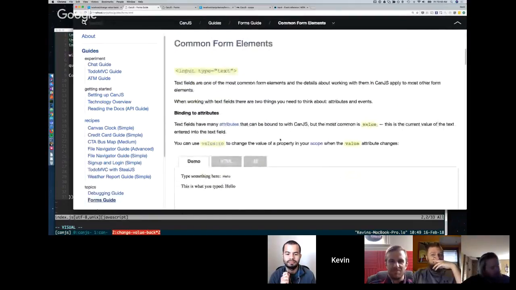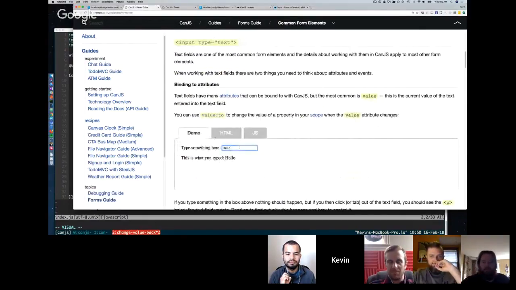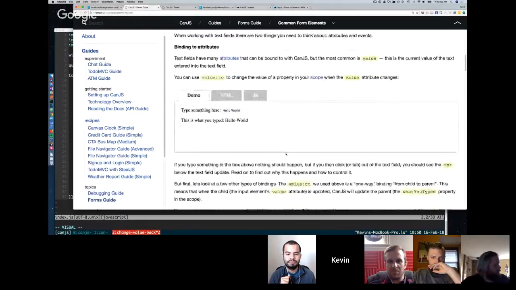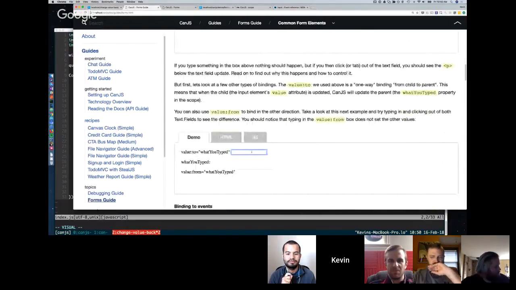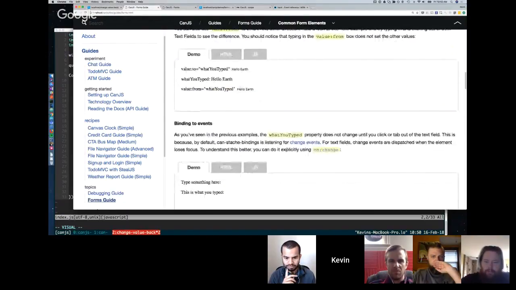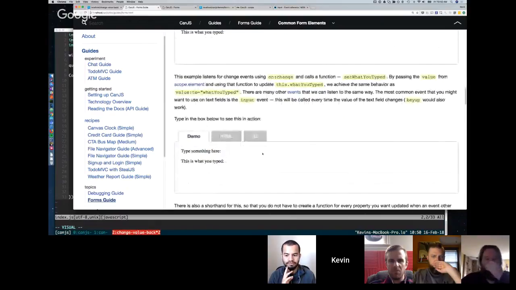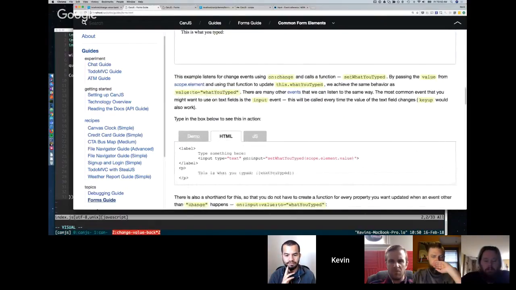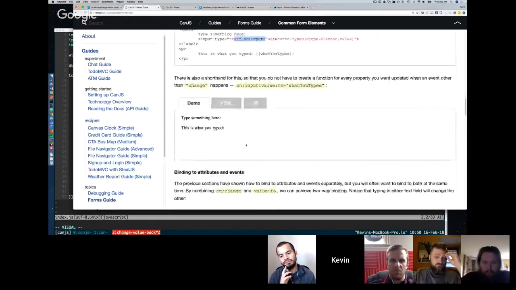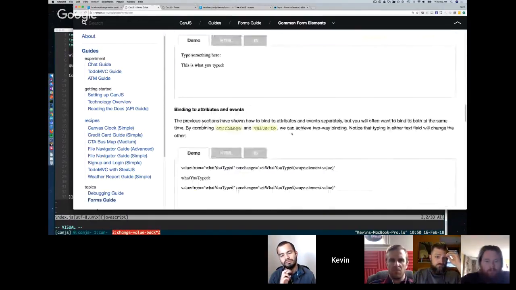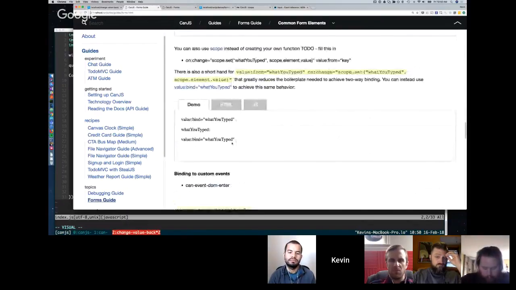So if we scroll through this, you can see it starts off with text fields, gives a little bit of background, shows a demo of one-way binding, another demo, one-way, only one-way, etc. And explains event bindings, explains, what's this one? Listening to a different event, input events, shorthand stuff, which is cool. And then two-way bindings. It goes through all of kind of the different permutations of bindings for text fields,